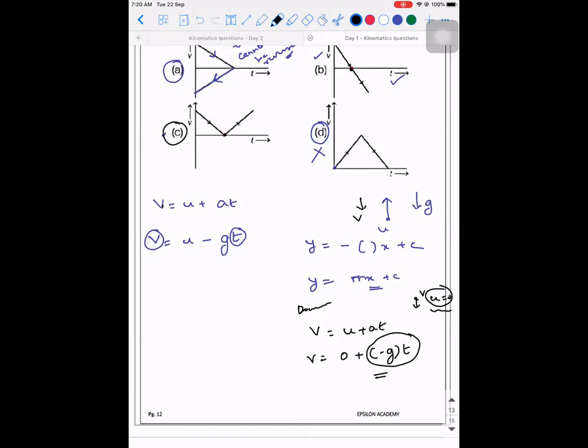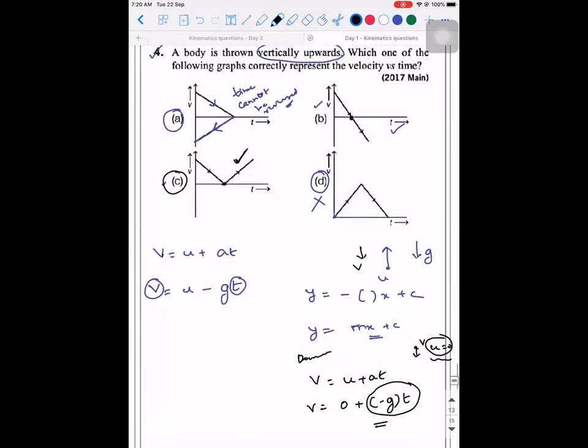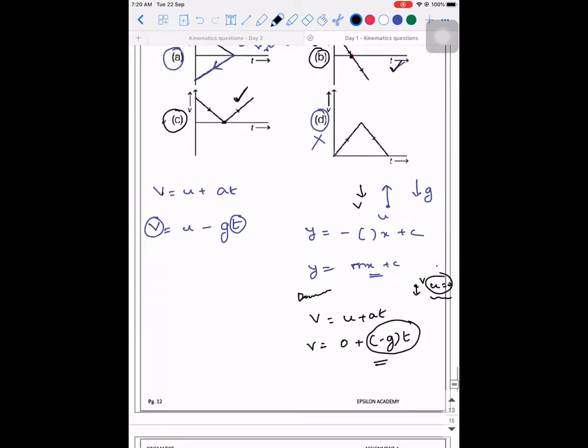Increasing in positive then. Because after it reaches the maximum height, the velocity will increase for sure. According to graph C also, it is increasing, but it should happen in which direction? In the negative direction. So the only option left out is B. Are you guys able to understand how to eliminate? Actually, it is an easy question, sir. Yes, but if you understand, that's good. So I hope this point is also clear for the downward journey, because when you apply it in some other problem, don't make that mistake of taking it as U.